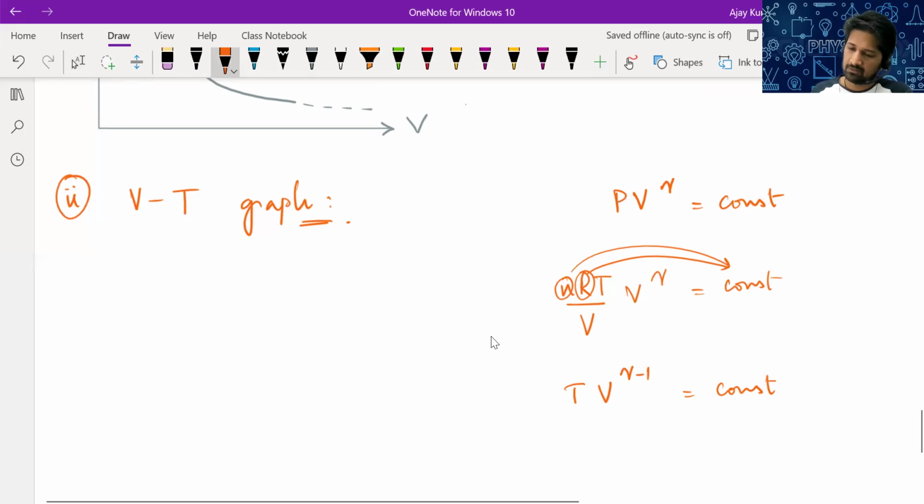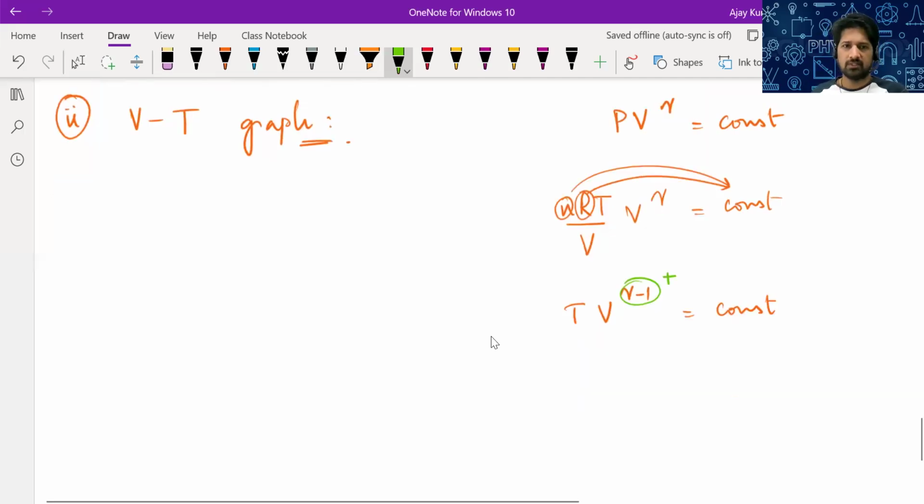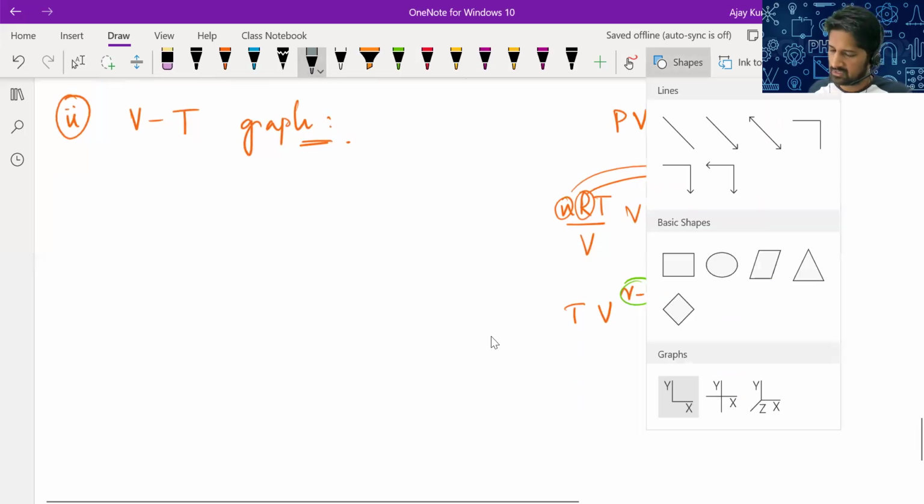If gamma is greater than 1, gamma minus 1 will still be a positive power. Okay, positive exponent. So if temperature increases, volume has to decrease for that product to remain constant. So the temperature